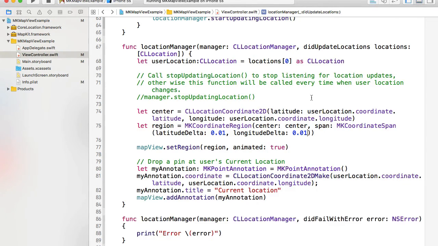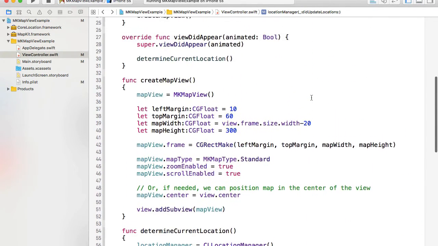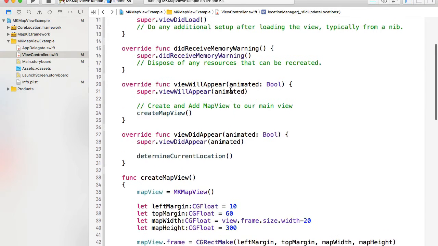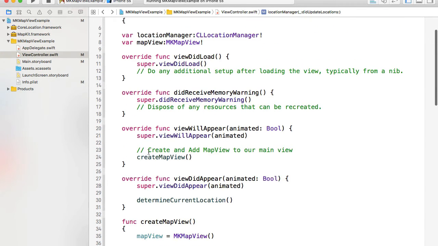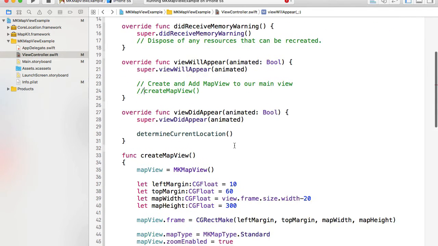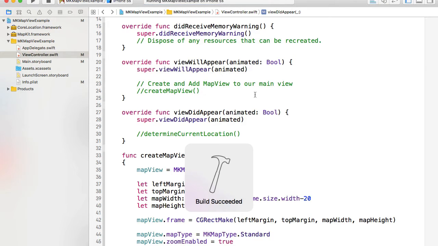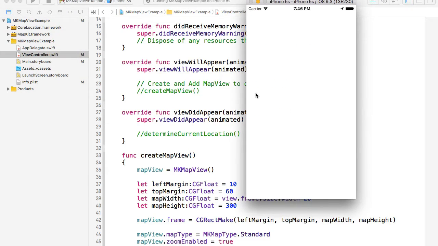So what I will do here in my source code, I will comment out code that creates MapView. So now MapView will not be created, and I will comment out determines current location. I'll run my application to see that MapView is gone and no location is being determined. Yes, it's empty. So now I will go to main view controller,